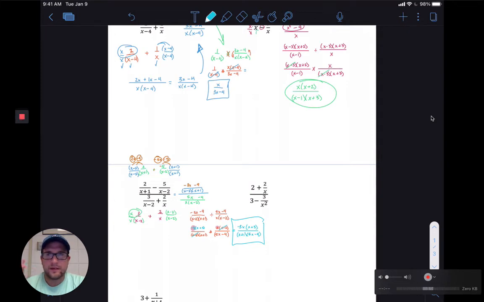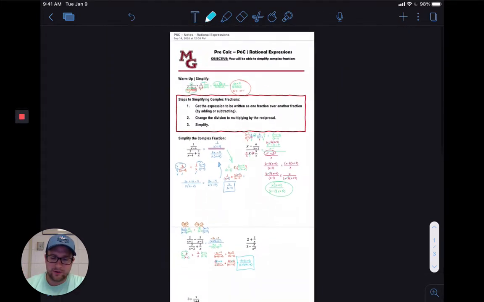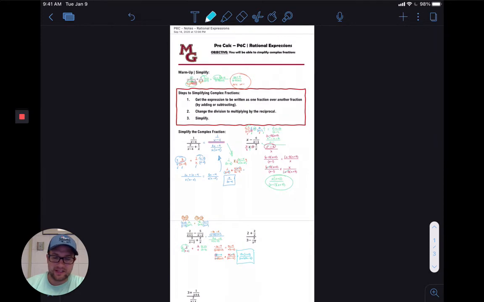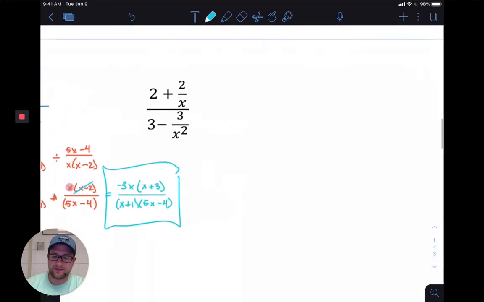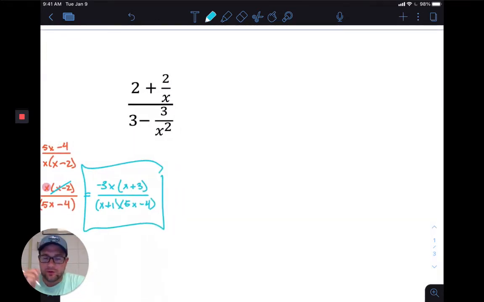Welcome back. This is the continuation of standard P6C. So looking at these last two problems here, in this first problem, again, the general strategy when we're doing these is we've got to make this into one single fraction,